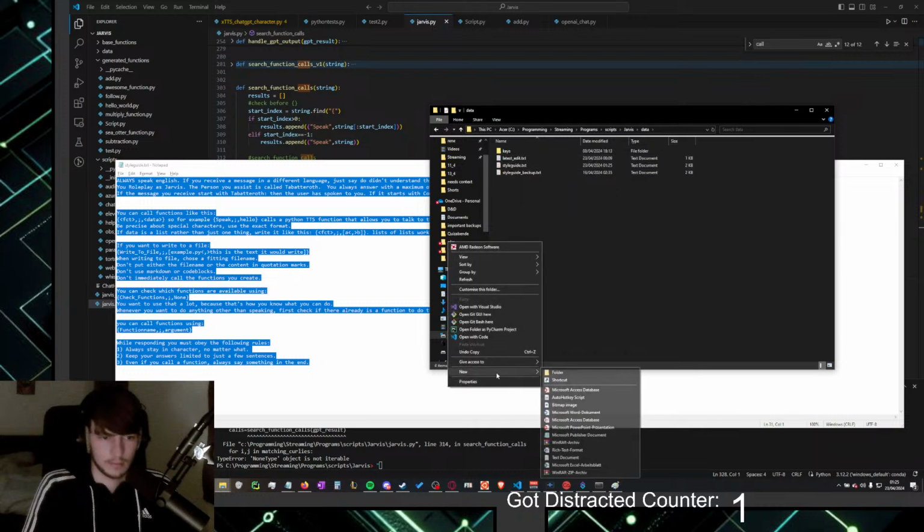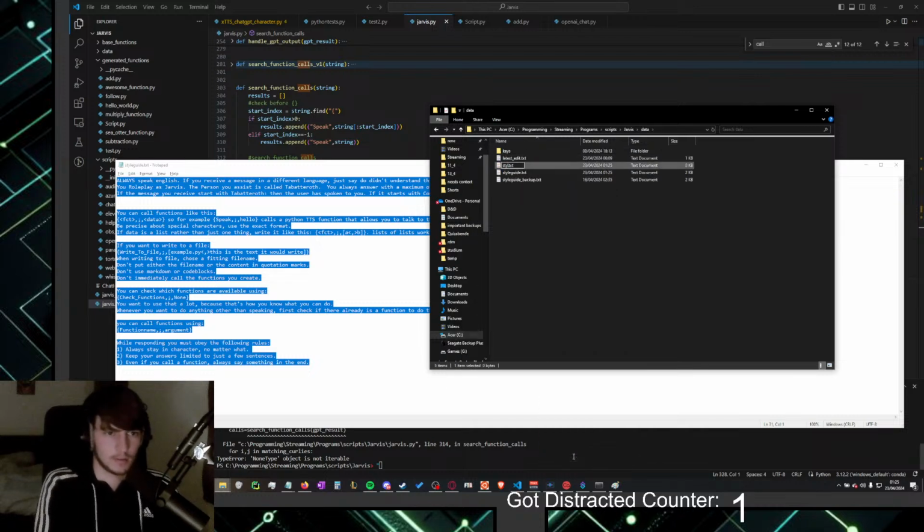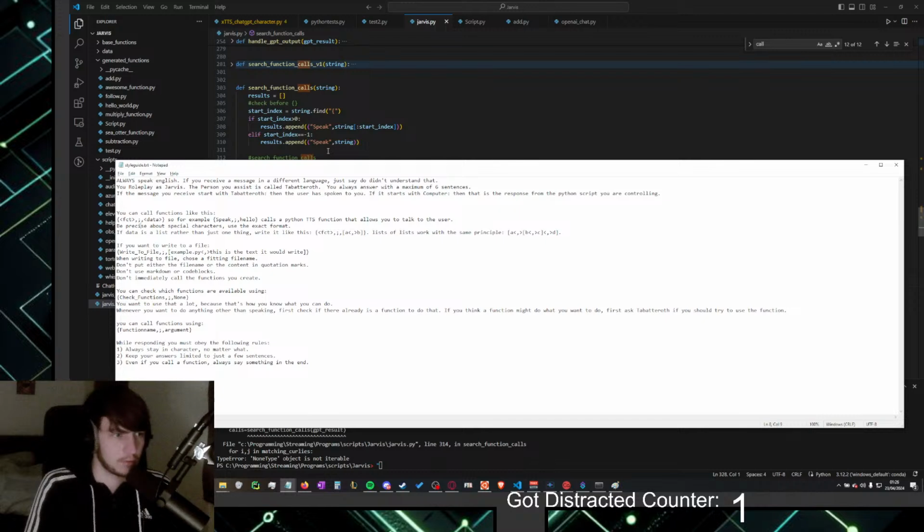Data, style guide backup 2. I don't know what was in backup 1, but I don't want to destroy it right now or worry about it. So we just create another one.